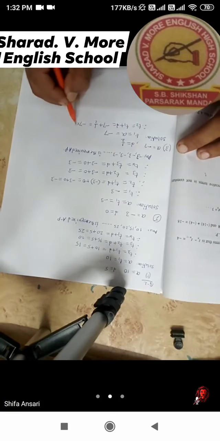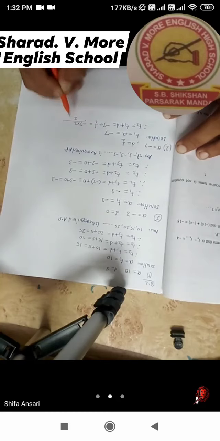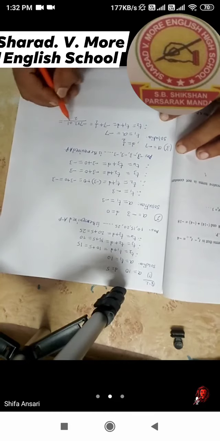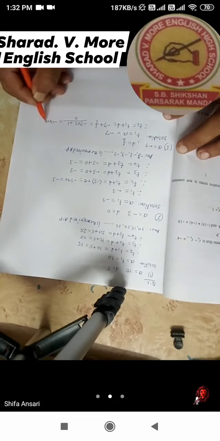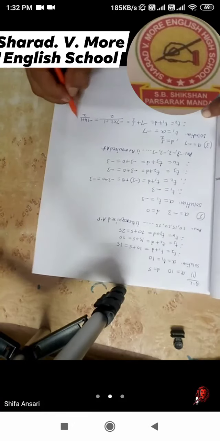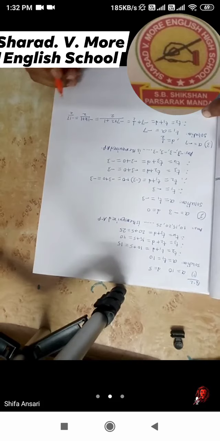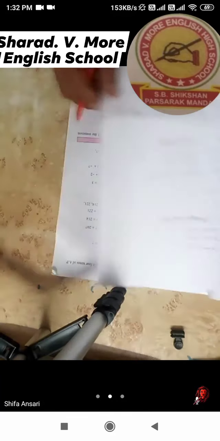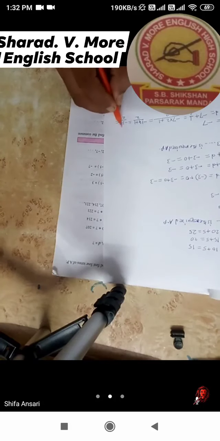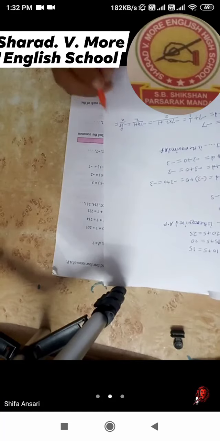Now yes, make the denominator equal. -7 into 2 plus 1. This is equal to -14 plus 1 upon 2, and finally this is equal to -13 upon 2. It's clear now? Next one, and this is equal to nothing but the 2 sixes are 12. Yes, remainder 1. Put the decimal point, it will become 10. 2 fives are 10, so -6.5.